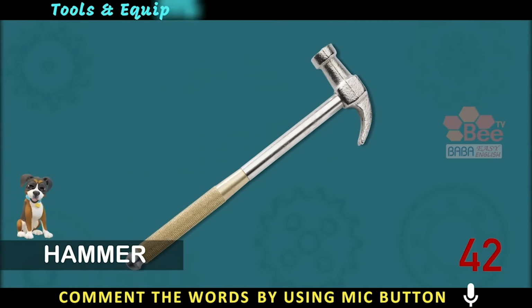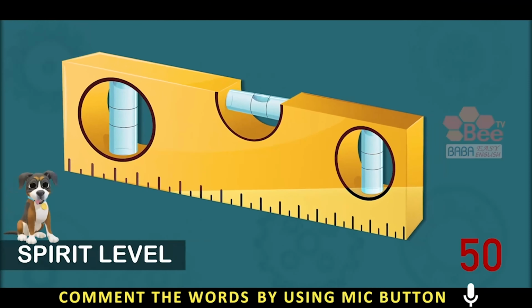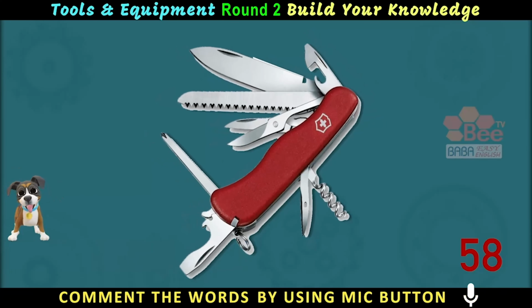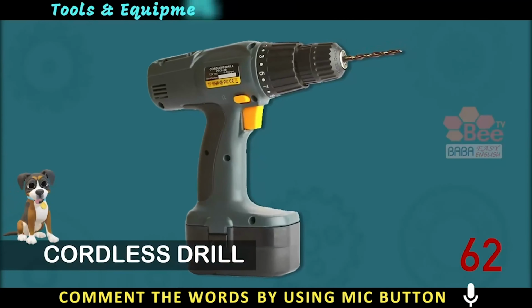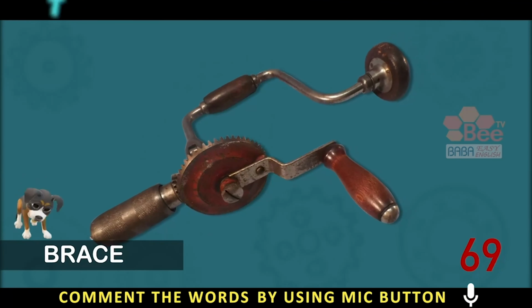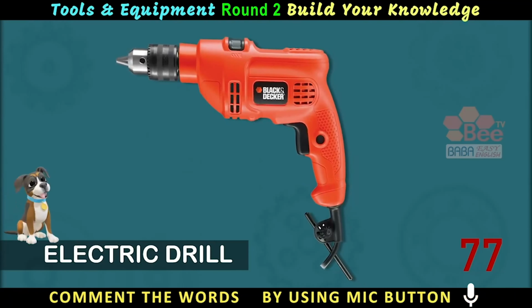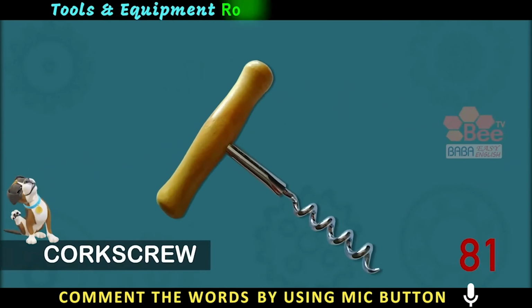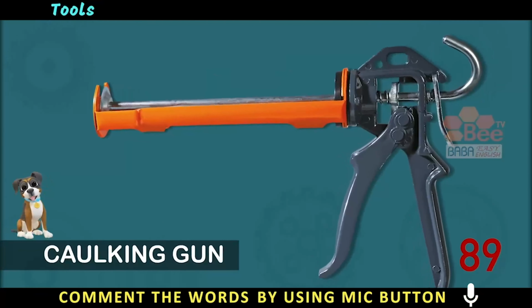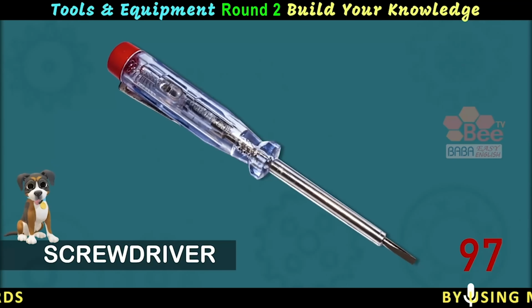Hammer, spirit level, pocket knife, cordless drill, brace, electric drill, corkscrew, caulking gun, screwdriver,